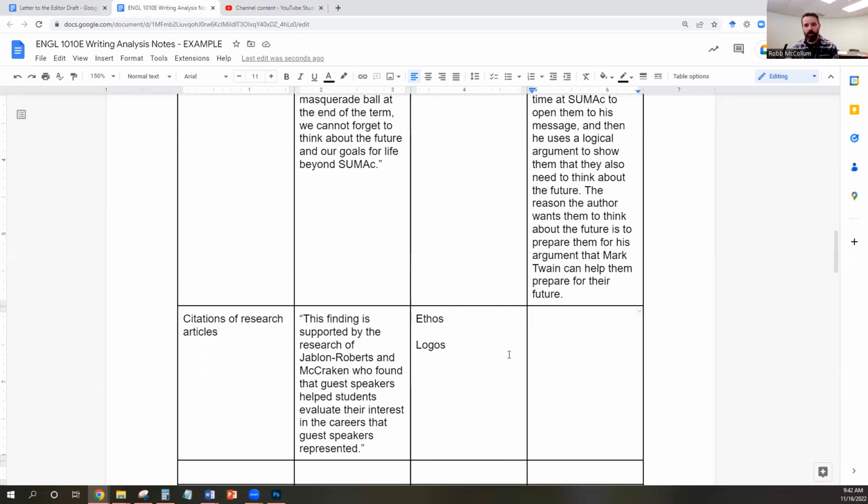But there's also some logos there. He needs examples to explain the principles that he's talking about. And the research articles provide those examples. So I think that also helps build his logical argument. So then I'll write a summary of that and say that